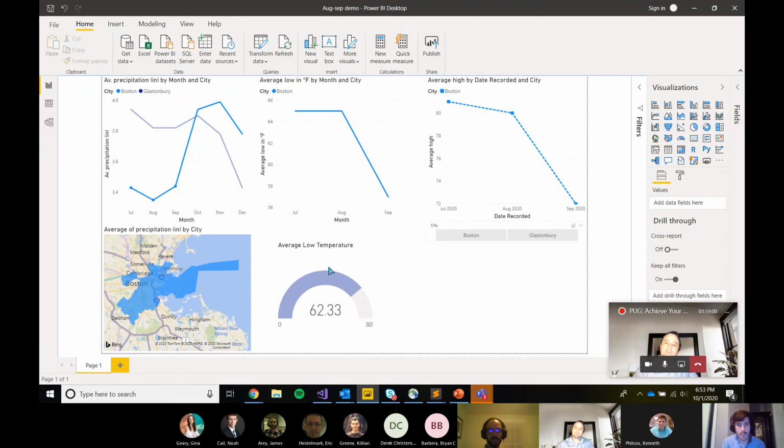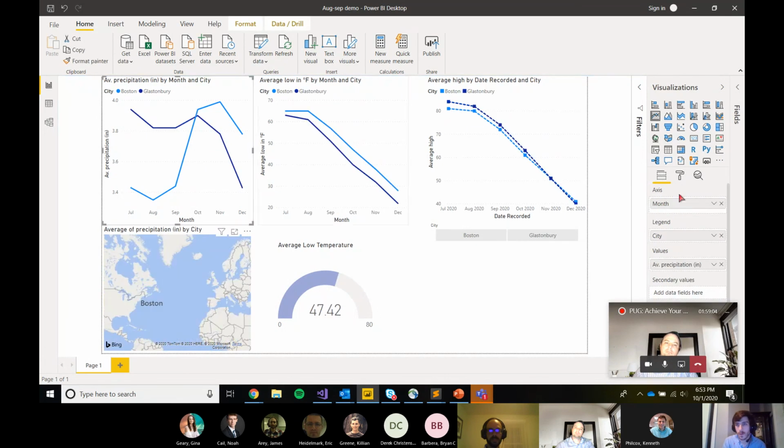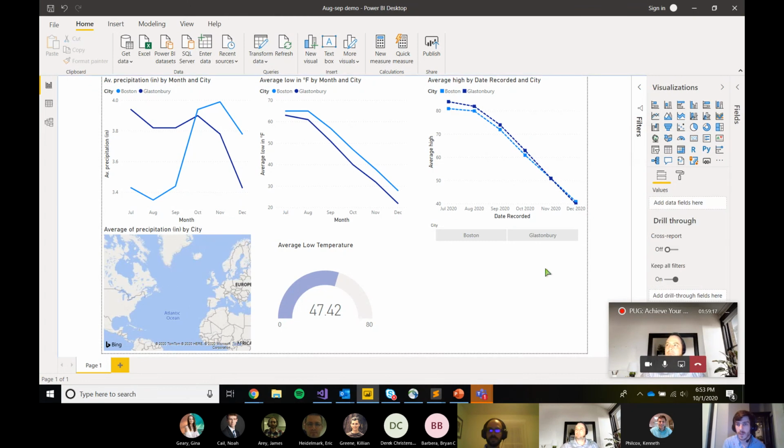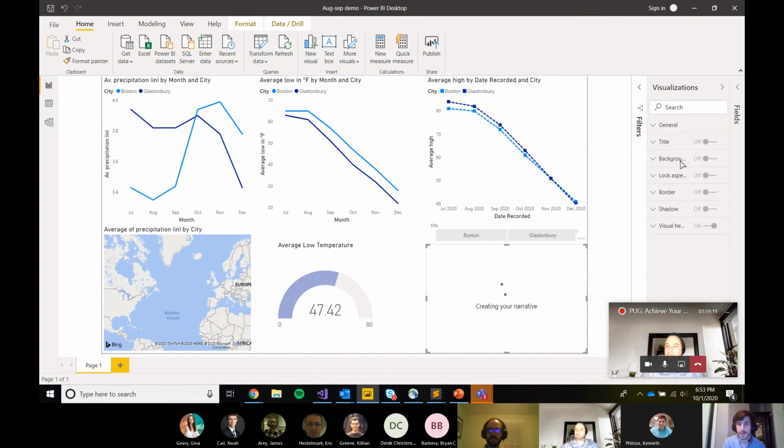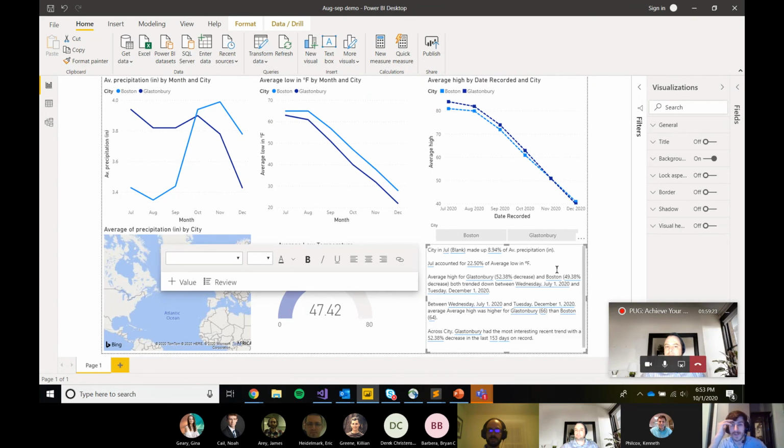So the second thing that I wanted to talk about is the new preview feature for Smart Narrative. This is the visualization option that you can click to add to your report. And this is the one that's going to try to explain everything on the page for you. So this is the one that I said is a little bit hard to use. It's kind of going to throw a lot of information at you, and some of it might not make much sense. Nice to know it's there though.